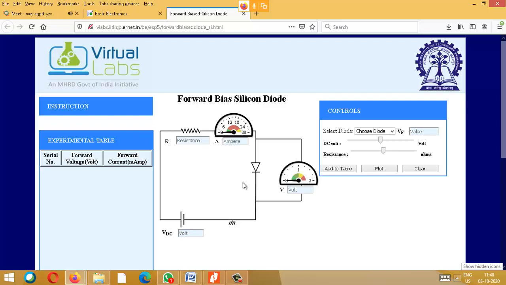So for P, what is the majority? Holes are the majority. For N, what is the majority? Electrons are the majority. But when two structures are brought together, on the surface a jump is happening, and this jump is of minority charge carriers. On N-type, when holes are created, they are minority, that is why they put it inside a circle. So a plus mark they will put with a circle on the N side, and similarly they will put a negative with a circle on the P side. So now on N you have some P and on P you have some N.